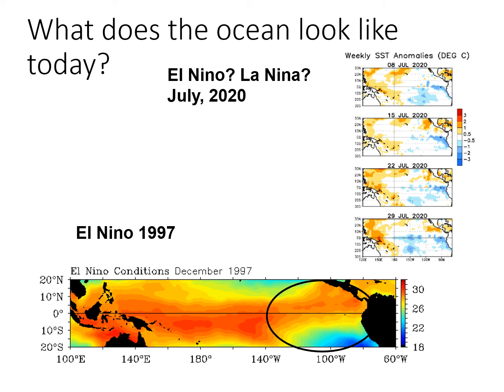Because El Niño events cause global effects, sea surface temperatures are now carefully monitored. Sea surface temperatures in July 2020 are shown in the right panel. In the bottom panel, we see conditions in 1997, a year that was a strong El Niño. Would you predict an El Niño in 2020? Why? Watch the video on the next slide to review what we've learned about El Niños.